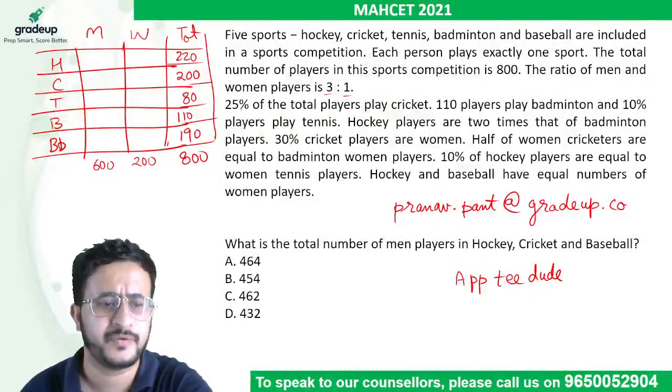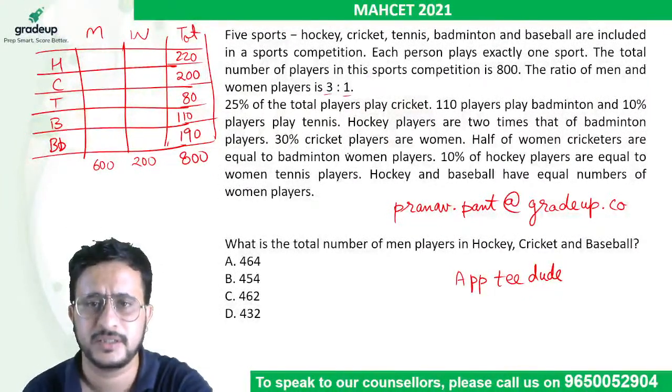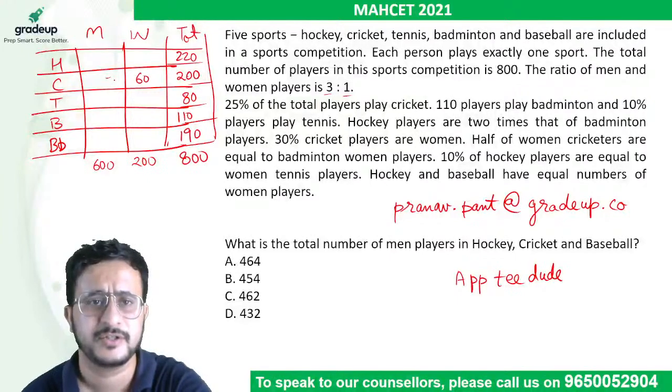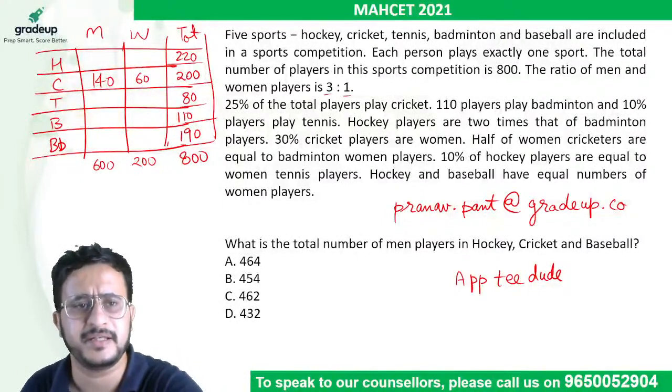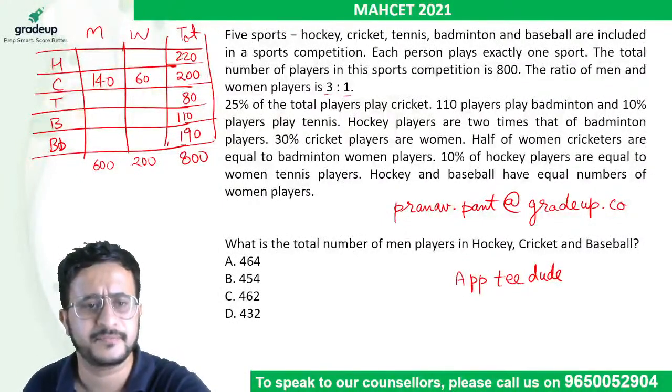Okay, now what we have to calculate is 30% cricket players are women. So 30% of this, that is 60 women. So this will mean 140 will be men. Okay, so in these passage based questions, read line by line and keep filling the data. Okay, keep filling the data. All right, so let's read it. It says that